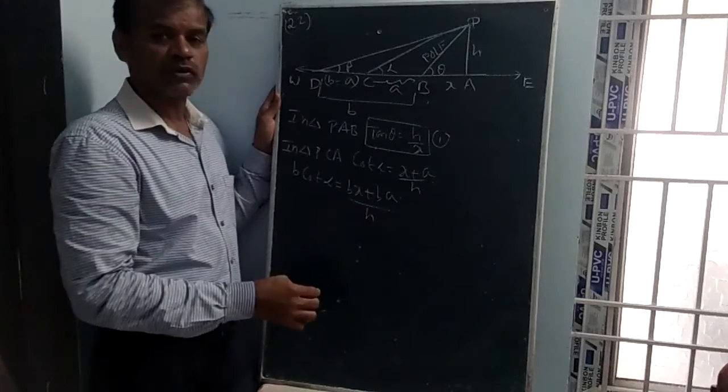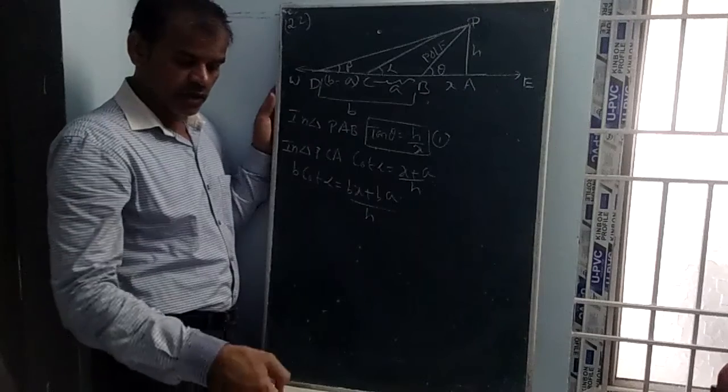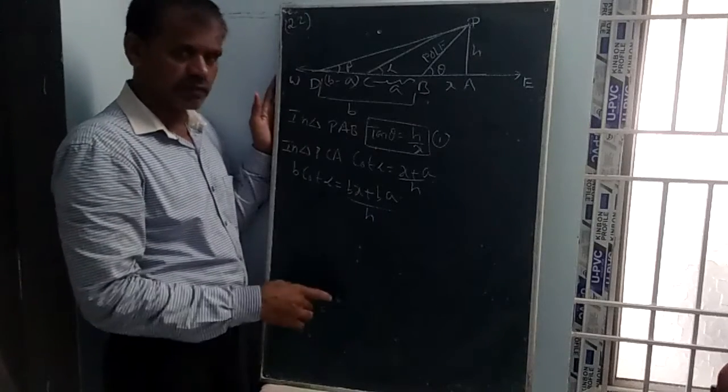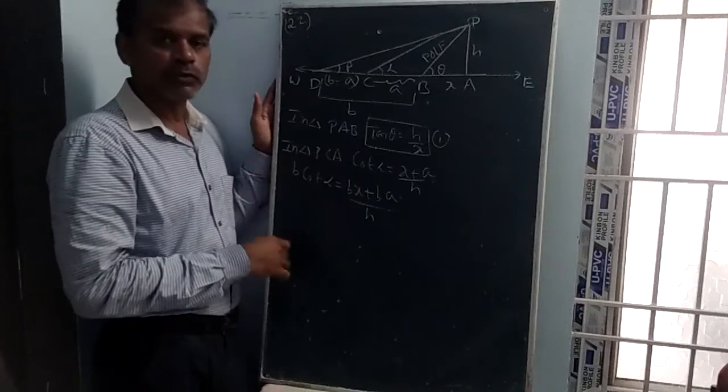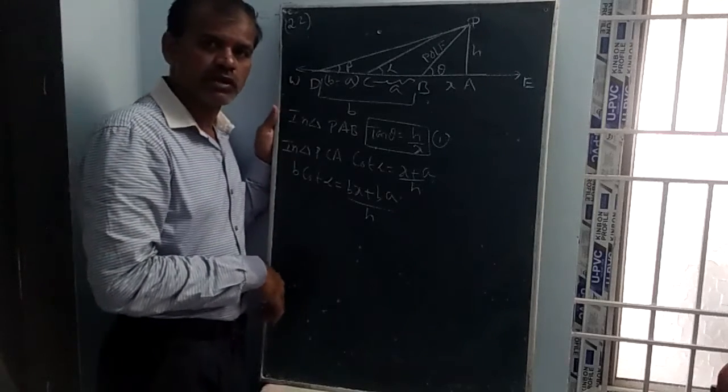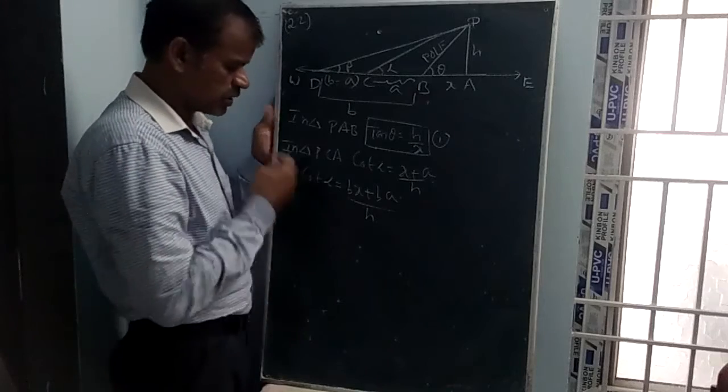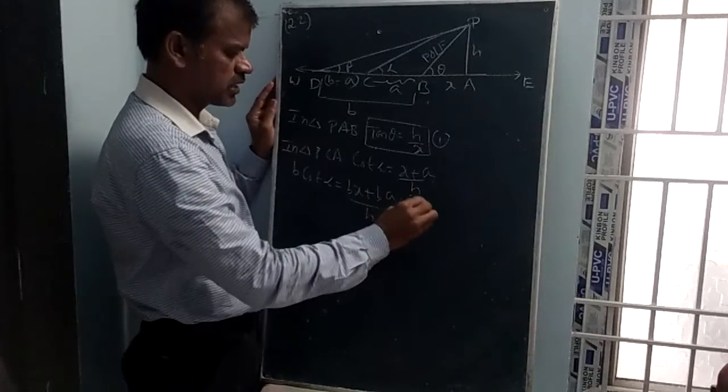Sir, why are you multiplying? You can ask if you have a doubt. According to the options, b cot alpha and a cot beta are given. So, verifying the options, as in the previous IPE question, we should prove that theta is equal to tan inverse of b minus a by b cot alpha minus a cot beta. So b cot alpha we have written. Let it be the second equation.